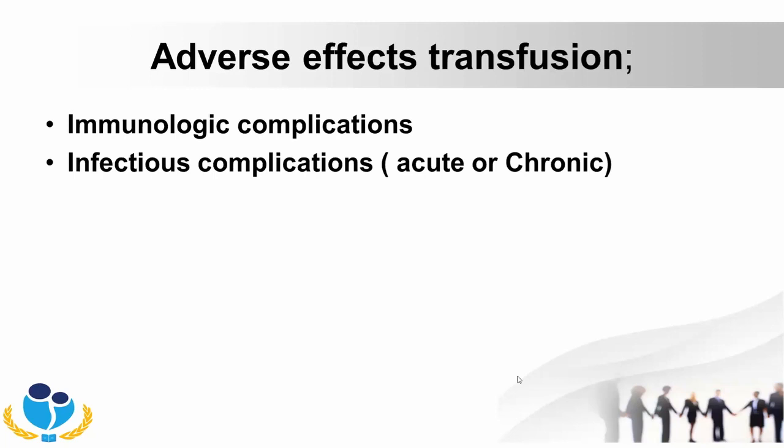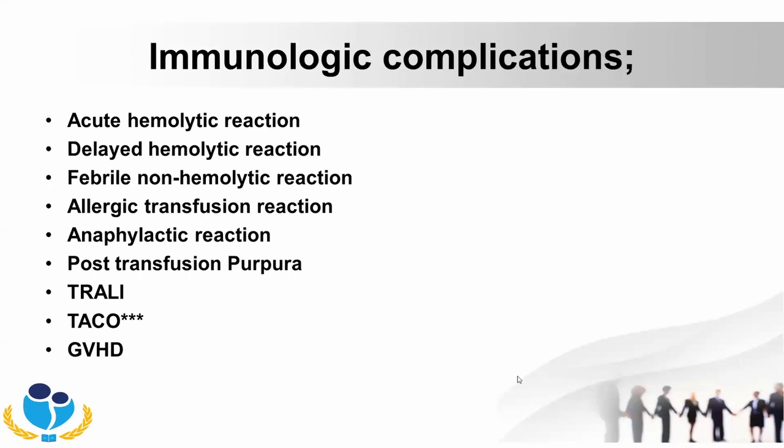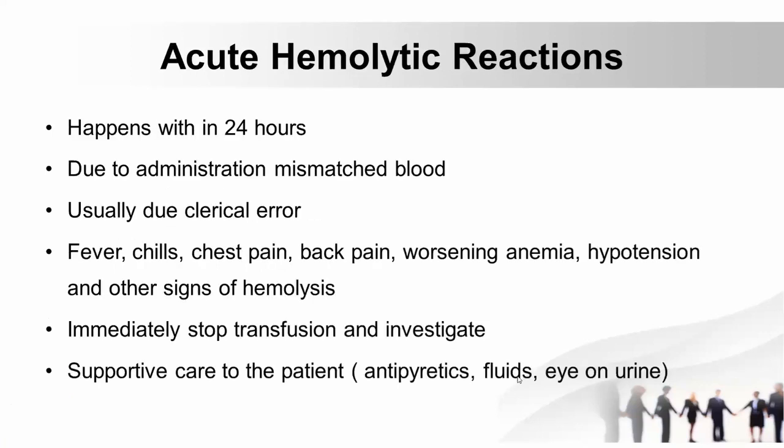Coming to adverse effects, basically immunologic adverse effects or infection-related adverse effects. Immunological adverse effects are very common, and there are many: acute hemolytic reaction, delayed hemolytic reaction, anaphylactic reaction, transfusion-related acute lung injury, transfusion-associated circulatory overload, and GVHD. When we see them one by one, acute hemolytic reaction usually happens within 24 hours